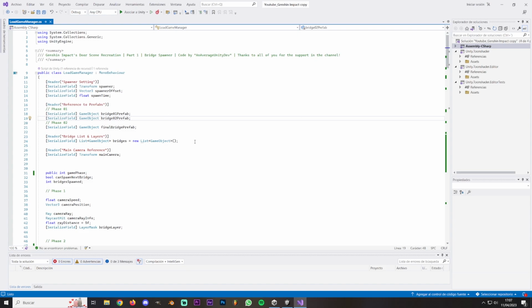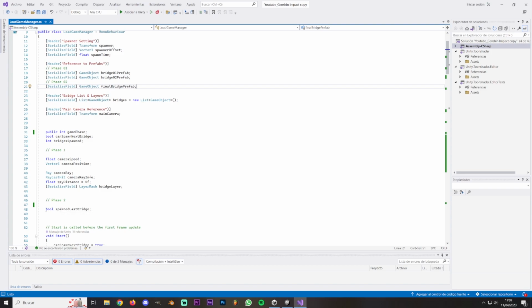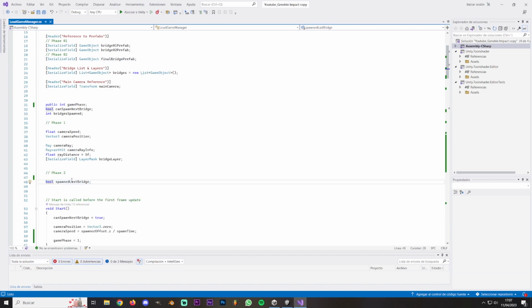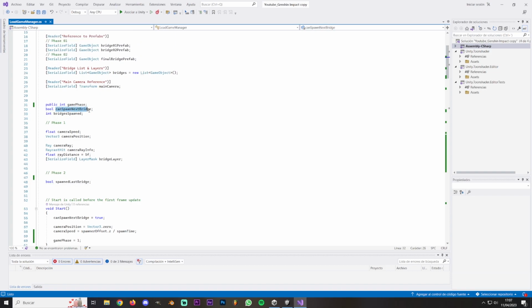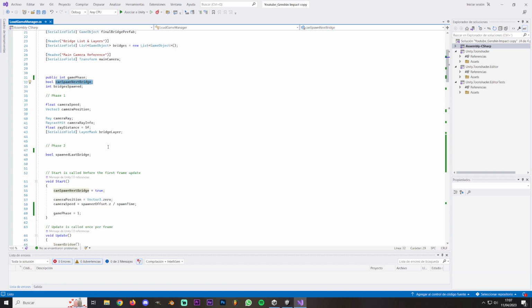Okay, so once we have the last prefab done, which will be this one, I'm going to show you the code now. First things first, we need to add a new reference for the last prefab, and we are going to use a new variable for phase 2. It's going to be doing the same thing as can spawn edge bridge, but